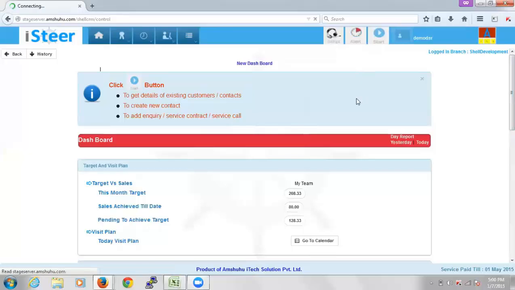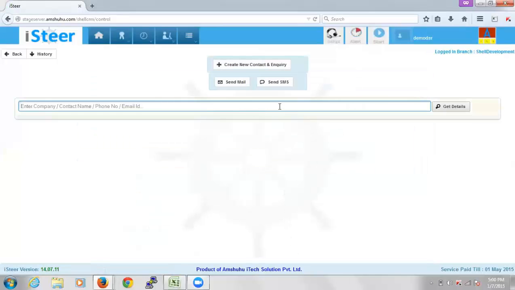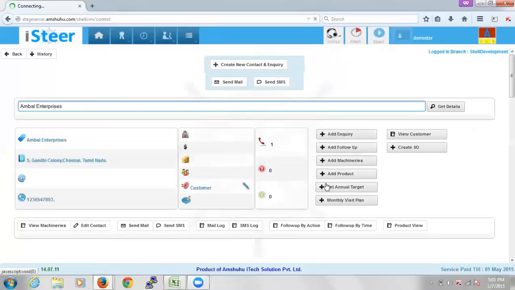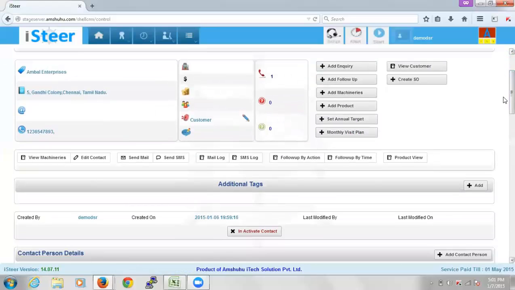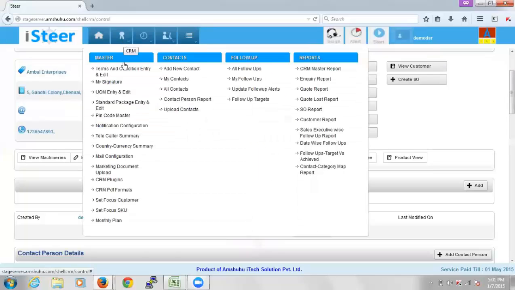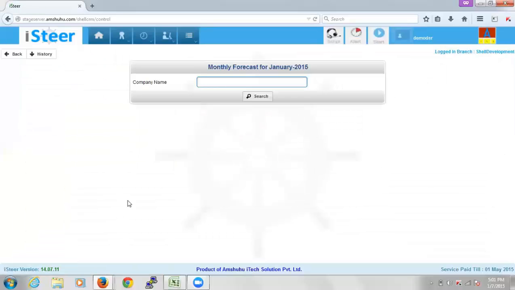So we've set the annual target for the customer now. This is the DSR's activity basically. He will be setting the annual target, then the annual target is being approved by the manager. Once the annual target is set and approved, he can start using those targets for setting monthly targets for the same company.